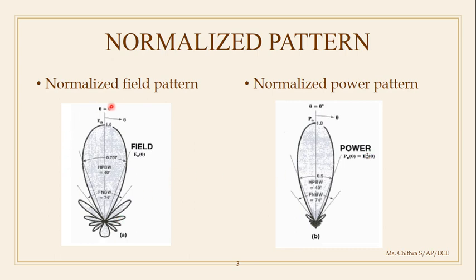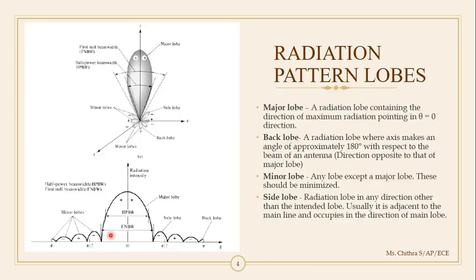Now, before exploring this diagram and the parameters present here, we need to understand these shapes. What is all this and what are the other lobes that are present here? Now, let us see that. So, the radiation pattern contains various lobes. The one which contains the maximum radiation, if you see, this contains the maximum radiation. This is called the major lobe of the antenna. And the major lobe is where there will be maximum radiation and it will be directed in that particular direction, which means the angle is 0.